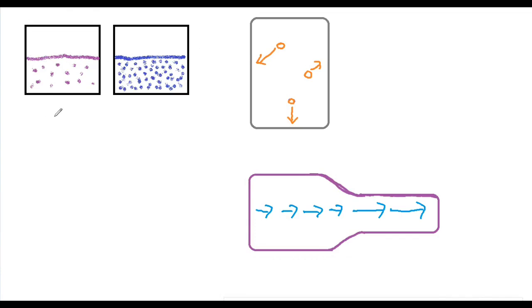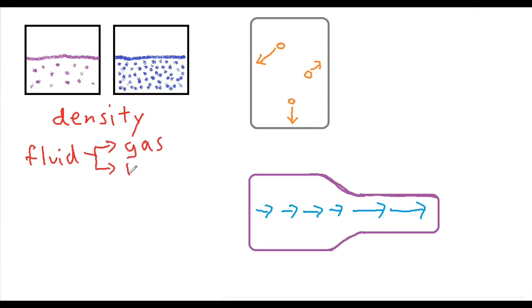Now, we're going to be taking a look at the density of each of these two fluids. If we're talking about a fluid, we're talking about something that is either a gas or a liquid. When we're discussing these fluids, we're talking about things that tend to take the shape of their container that are not compressible. Now, we are taking a look at a liquid in both of these cases that are sitting in these two